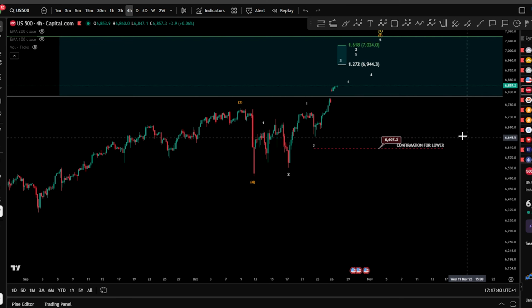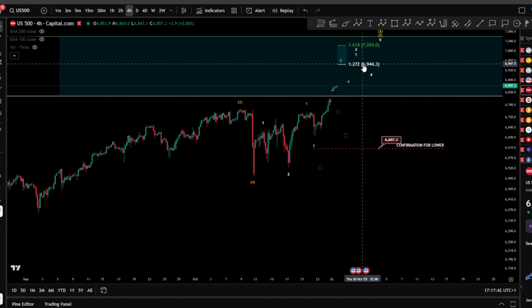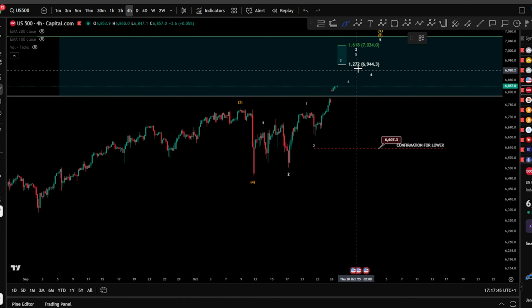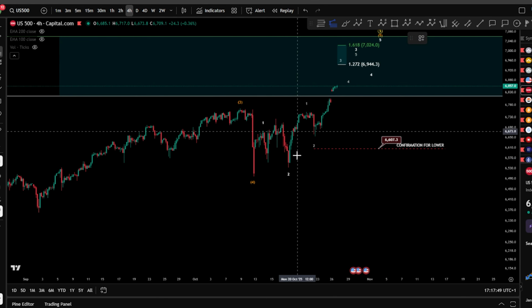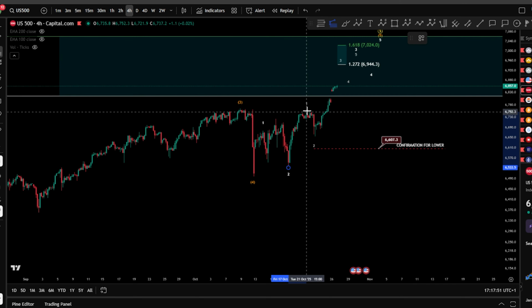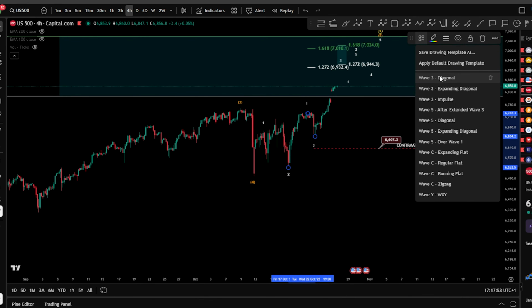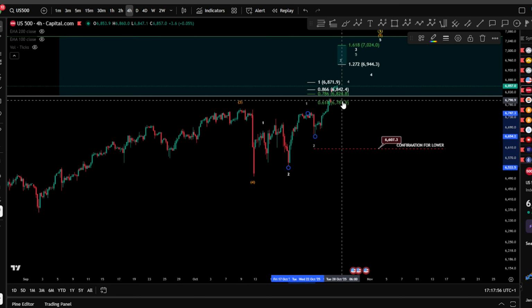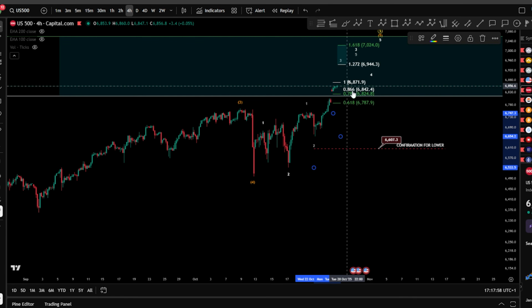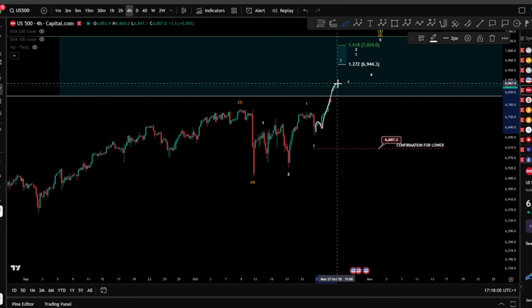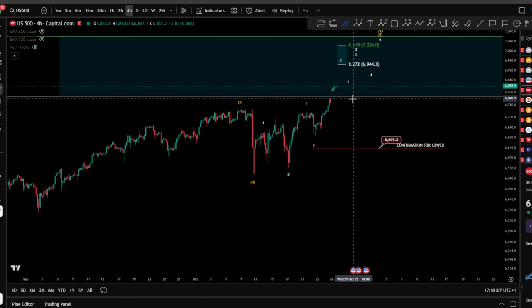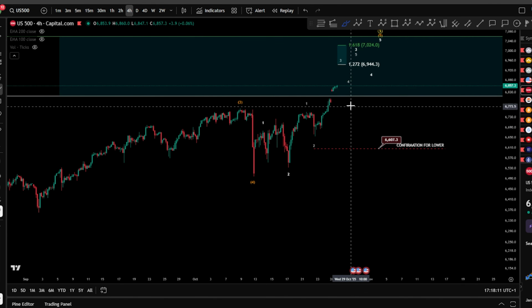For SPX, I would say it is the same scenario here. We are looking for higher, still looking at least for the 1.27. Now with SPX, we saw a potential wave 5 still playing here a little bit as a diagonal, where we didn't yet take 100% of the 1-to-1 fib level, but we are still looking forward to it. As you can see, you have 1, 2, 3, and you're looking for a wave 4 and a 5. Maybe the wave 4 is going to come back to close this gap and then move toward the upside later on.